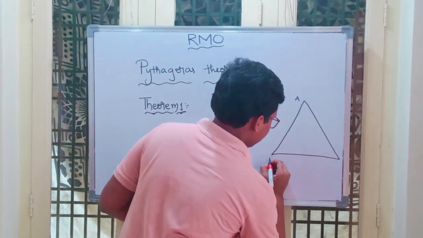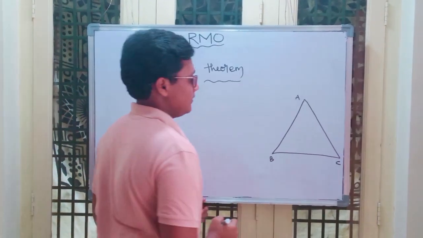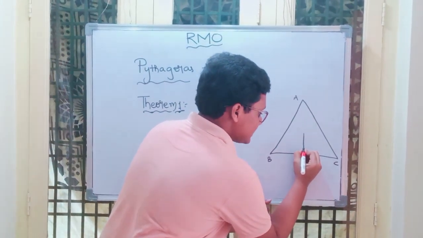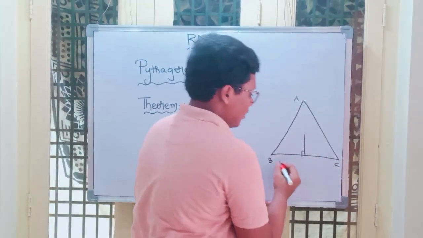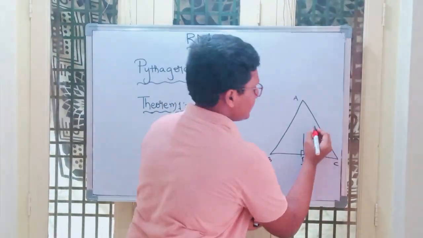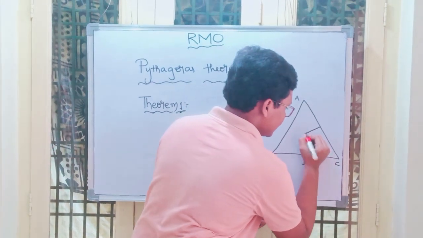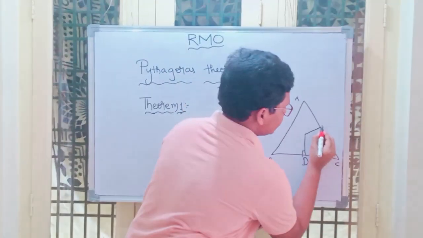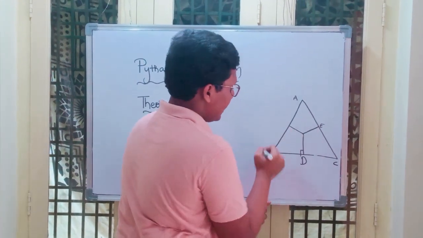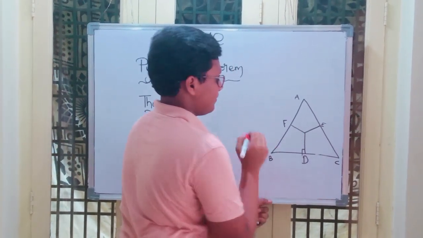This is A and this point is B and this is C. Here, we will take the perpendicular bisector of BC and this point is D, and a perpendicular bisector from AC. This point is E, and a perpendicular bisector from AB and this point is F,